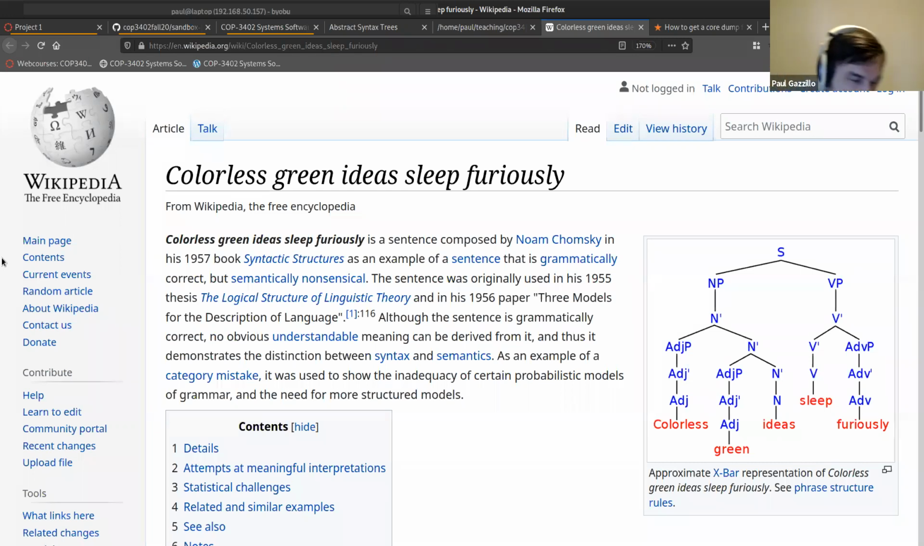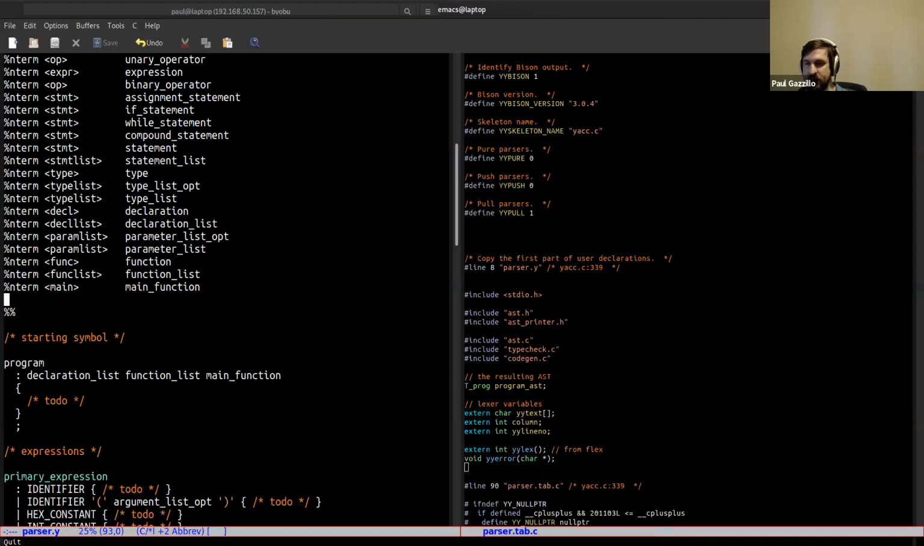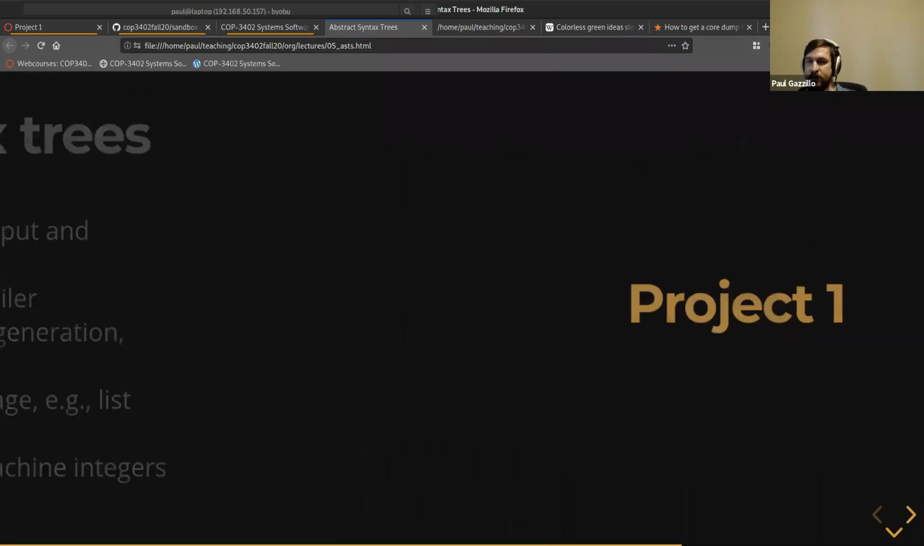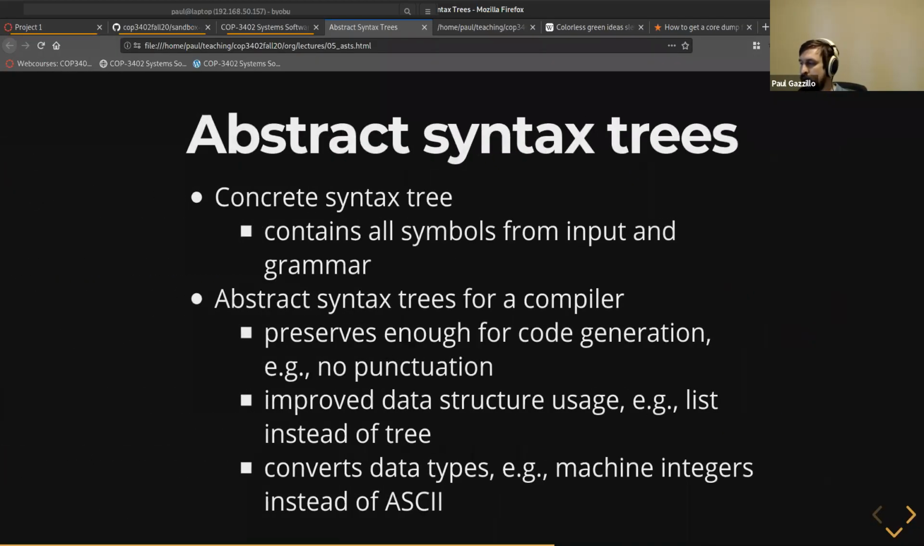I just spilled my water and my mouse is not working and I'm dropping things. Okay, now my mouse works. Oh, that's a mess. Okay, so this is the syntax tree. The abstract syntax tree is something that's used in the compiler world to,